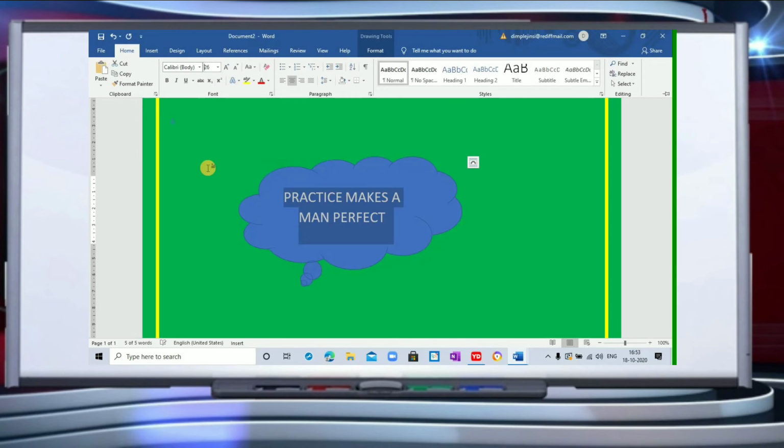Supposing I keep it as 26. I can make it bold, underline, or italics, and I can even change the color if I want. Whatever I want, I can do the formatting in the text box as well. So children, this is all about shapes. You can create wonderful shapes in Microsoft Word and format them whichever way you want.